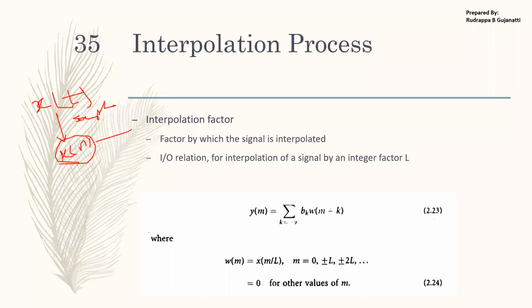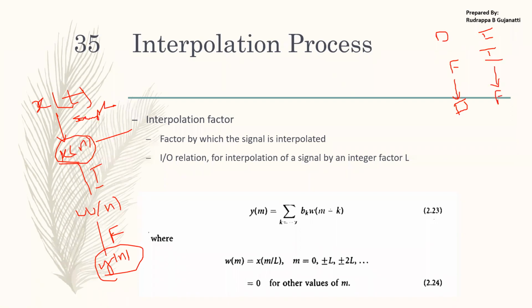We have got the sequences, we interpolate the sequence. Once we interpolate the sequence, we'll be getting a sequence w of m or w of n. And once we get this sequence, we pass it through the filter and we'll be getting the overall result, which is the interpolated signal. So in decimation, first I pass it through the filter and then decimate it. Whereas in interpolation, first I interpolate it and then pass it through a filter. So that is what we do here.